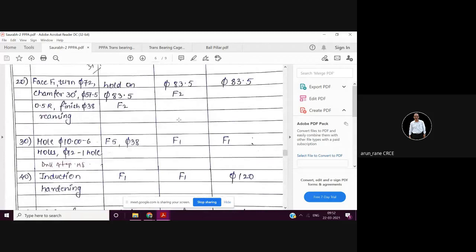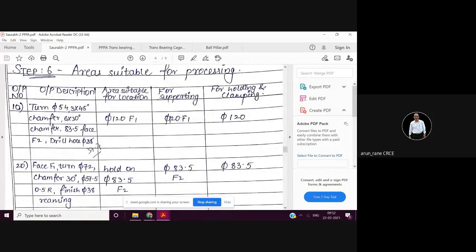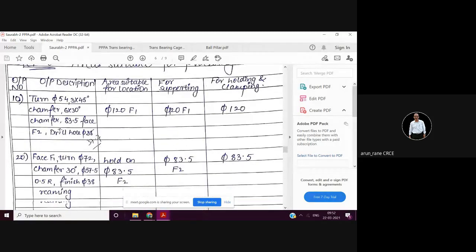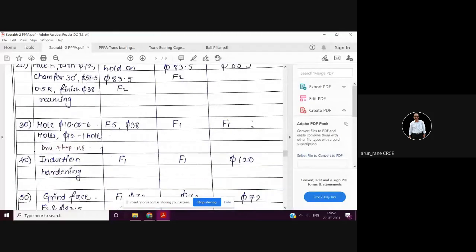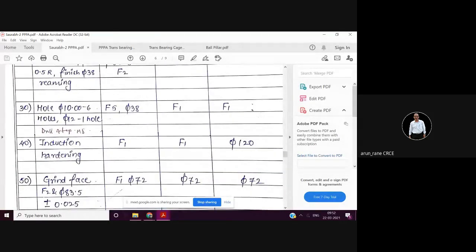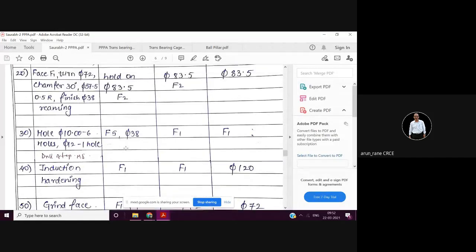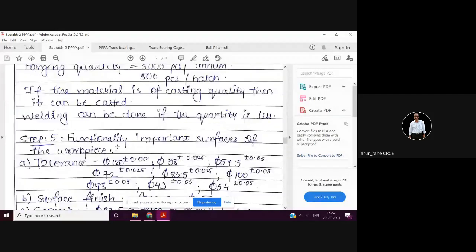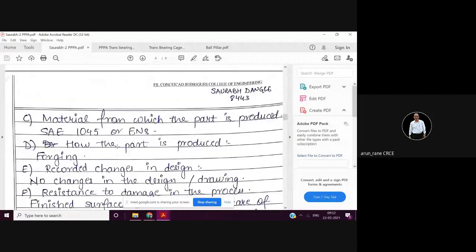Here, area suitable for processing. This is for the lathe. Then this is for the drilling, and then induction hardening. So here he has mentioned in this.